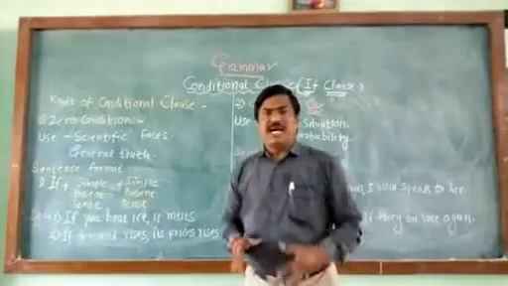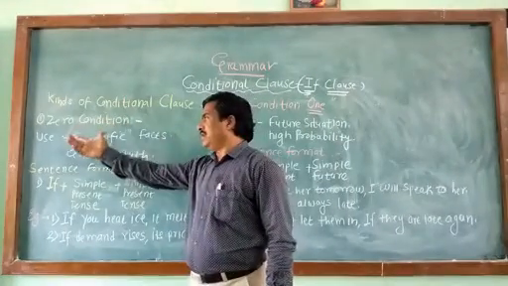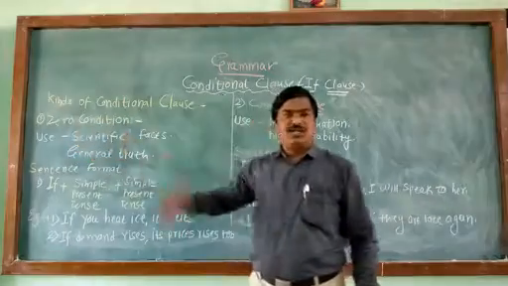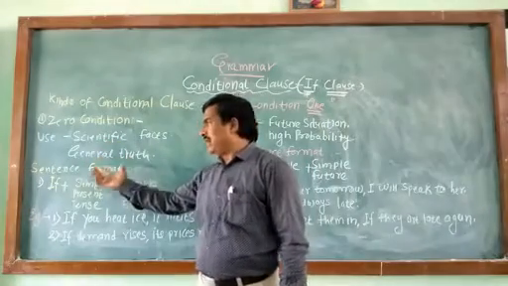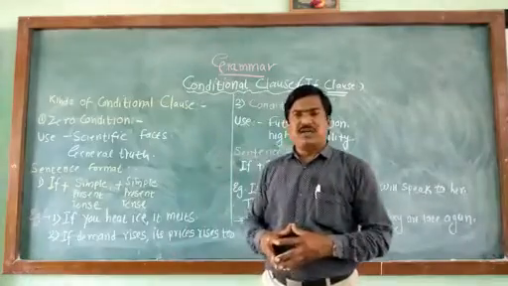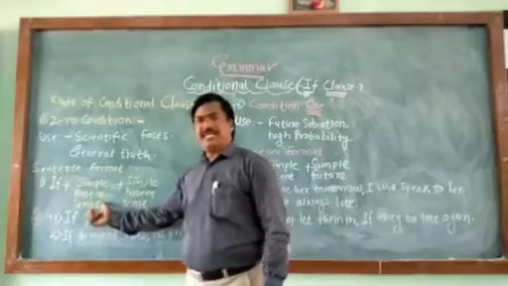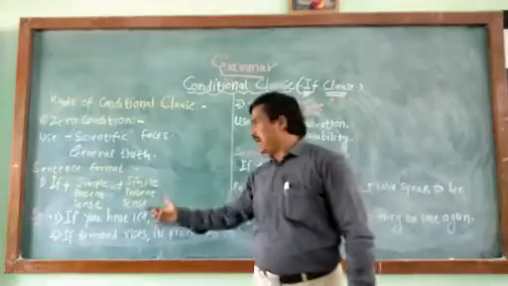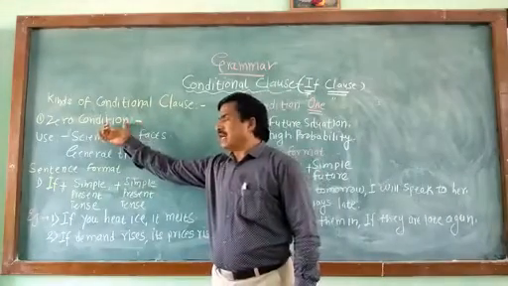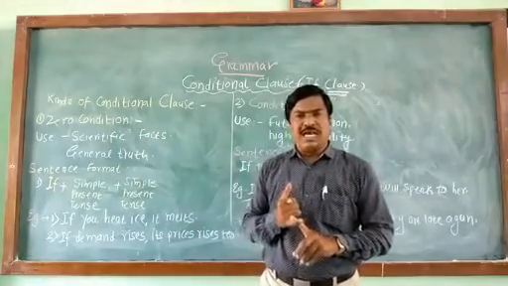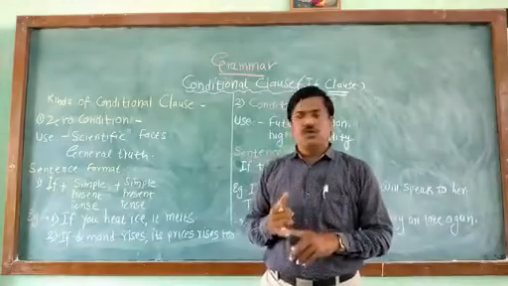There are four different kinds of conditional clause. The first kind is zero condition. Zero condition is used to express scientific facts or general truth. The sentence format of this conditional clause is: you have to use if at the beginning, after if, simple present tense, then put the comma and again use the simple present tense. Means to express the zero condition clause, you have to use simple present tense two times with if. After putting the comma also you have to use simple present tense.